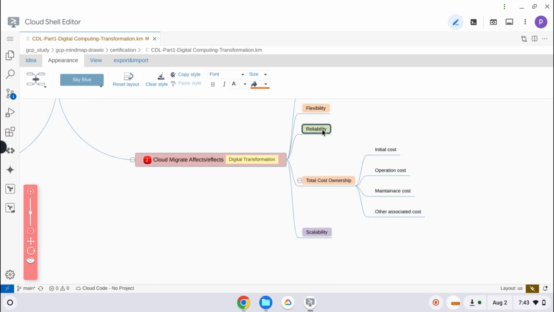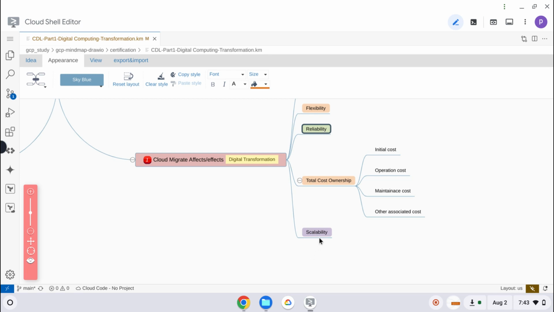Reliability, yes. Once we moved our stuff to the cloud, in this case Google Cloud, the reliability should be there. It's not like the next day it is not running or it is misbehaving or something like that. So reliability should be there. How can we get reliability? We can get reliability by some metrics, monitoring, or building things. Okay, how we are going to do that.